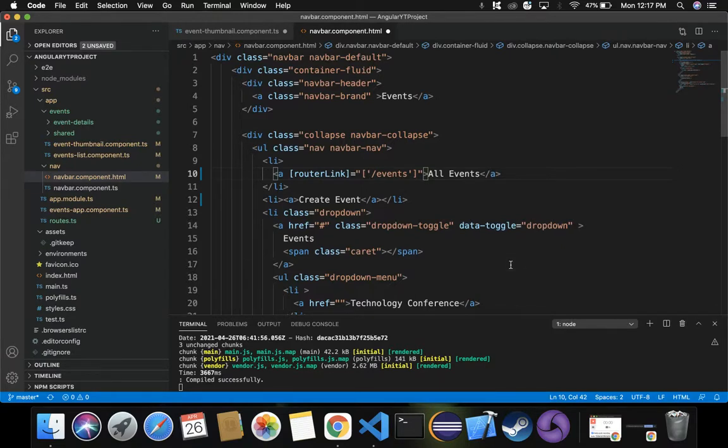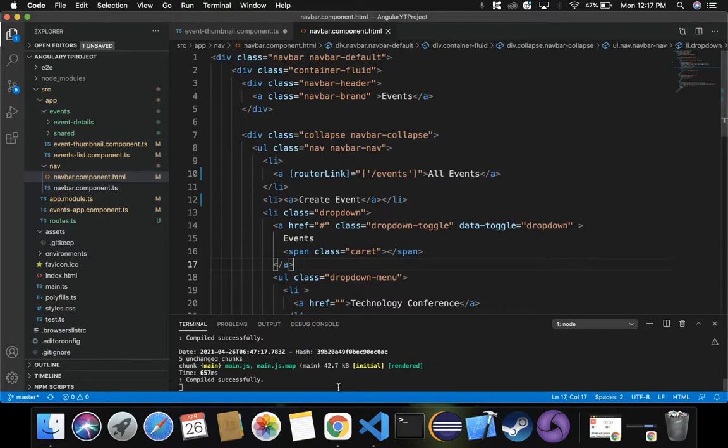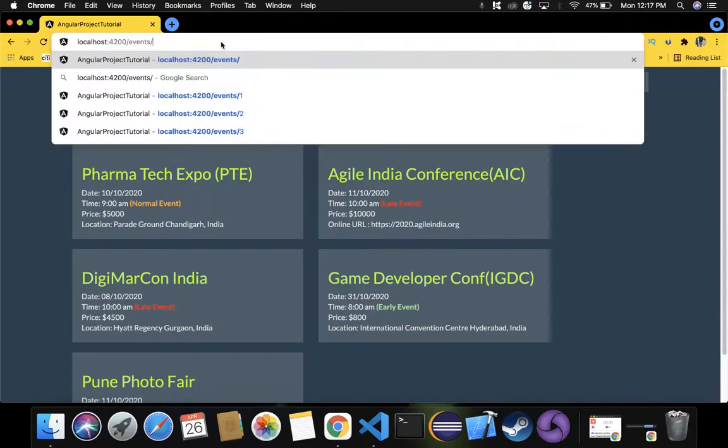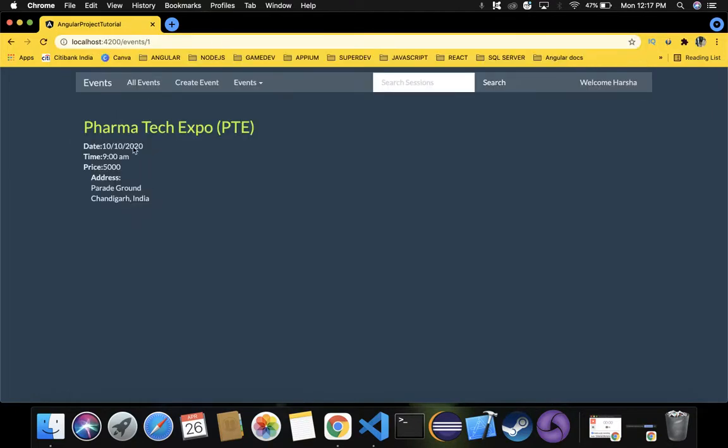Okay. So let's save all these changes. Our project got compiled successfully and is hosted on localhost:4200. Now if you go to the web page and click on any of these events, it should navigate to that particular event's details. See, for example, here I am passing /1. We are coming to this page.